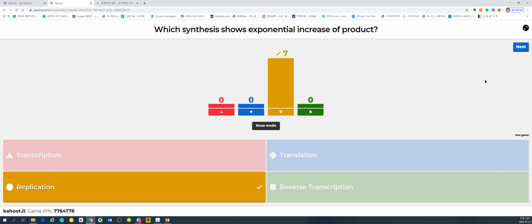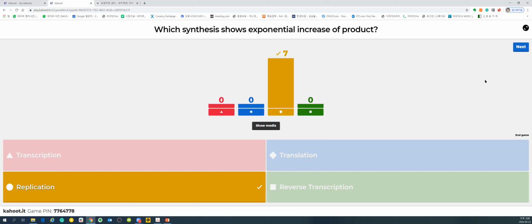Template amount is not changed. And in one reaction, only one product is generated. And to get a second one, you need to do that reaction again. Template is fixed. The product is not exponential. It's just step by step. One by one, it is added, right?